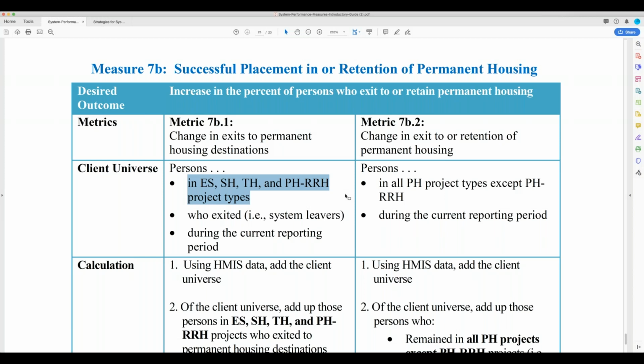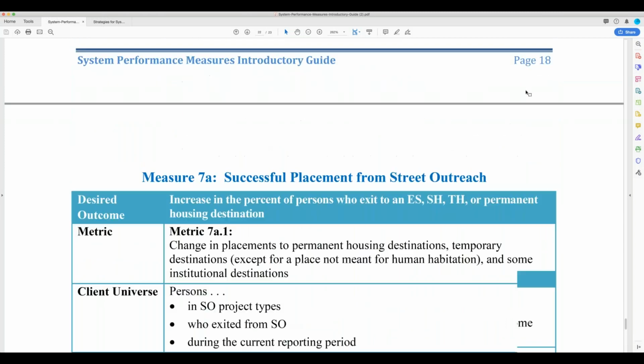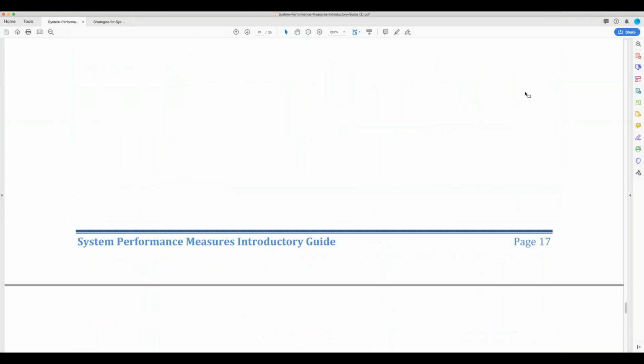And the critical piece here is there's not a one-size-fits-all, but in keeping with the ways that we've gone through this series, I'm going to go through some of the recommendations that are available. Specifically, there is a document that I'm going to go through in a moment called Strategies for System Performance Measure Improvement. But first, I just want to recap and ask you to participate in the question bar.